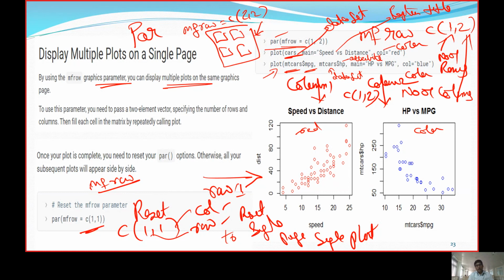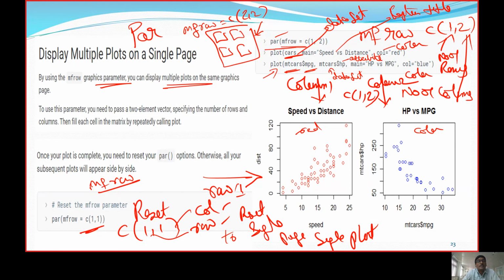When we formulate multiple graphs, we can put mfrow as 1, 2. So 1 indicates the number of rows and 2 indicates the number of columns. When the plot is done, we have to move back to the starting location.